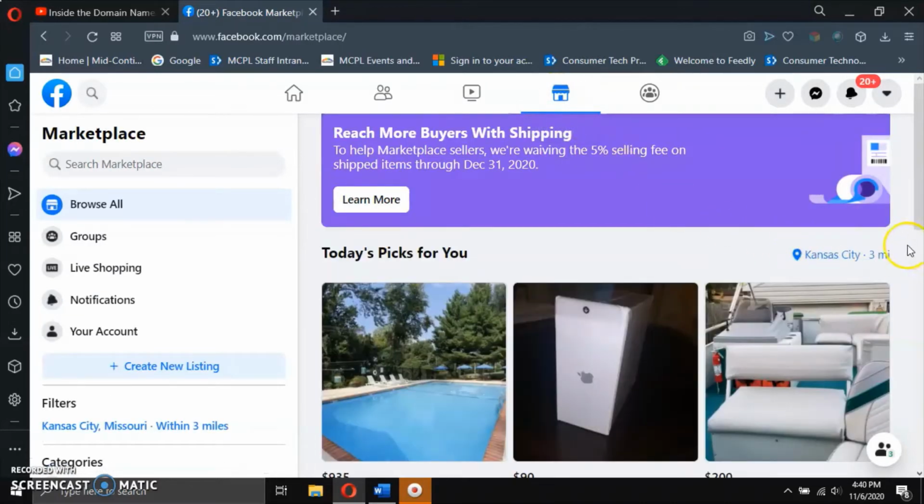Now here's another section that's gotten pretty popular. It's pretty much like a swap and shop on Facebook called Facebook Marketplace, where people are selling items from their home, and then you can decide whether or not it's something you need. So for instance, I was looking for a dishwasher because mine sucked. I didn't like it. It's terrible. So I went to Facebook Marketplace, typed in dishwasher,